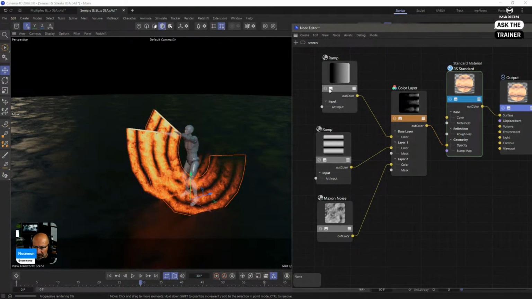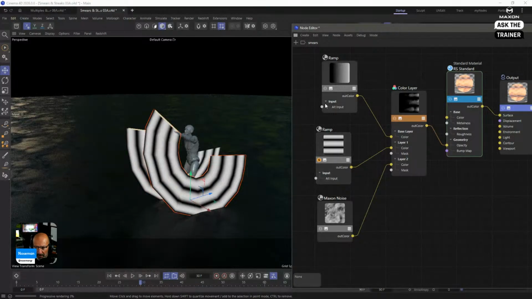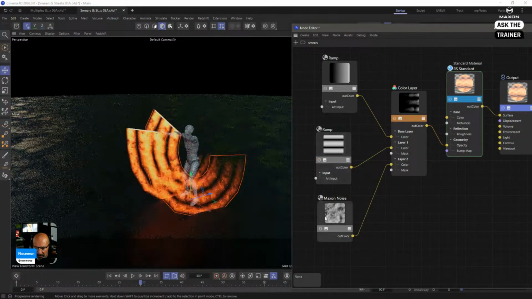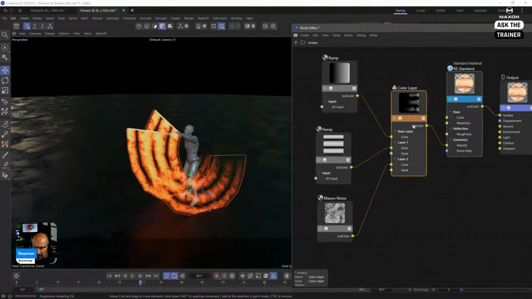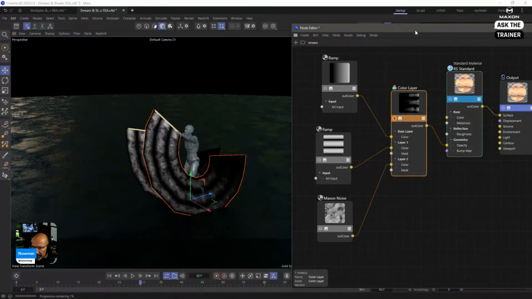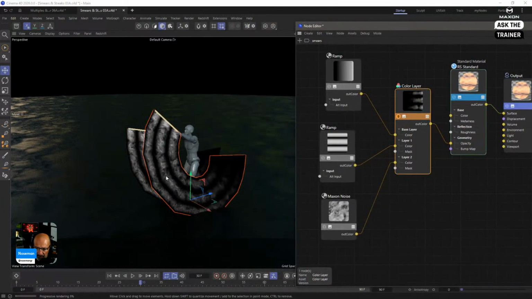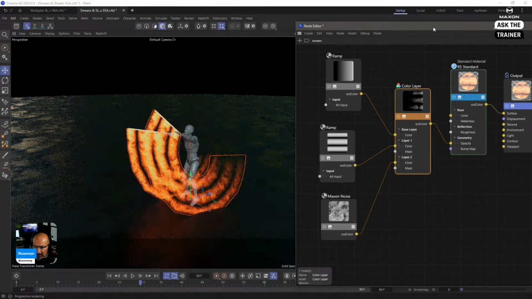I've got these three things: a simple ramp, a gradient, another ramp which I'm mixing with this one over here, and then a maximum noise. These two over here will create the main three lines that fade out, and the noise creates that, and there you have it.